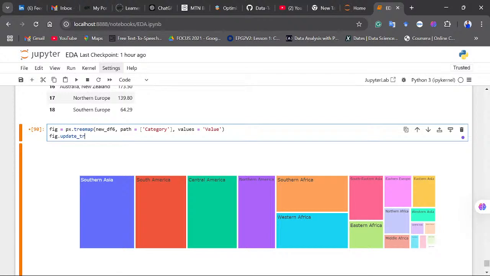So I'll update traces. I want to update the traces, the things that appear when you move the cursor. I want to update those ones. So traces, and then the keyword is hover template. So you have the hover template. So hover template is equal to,